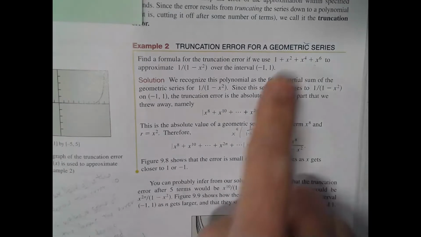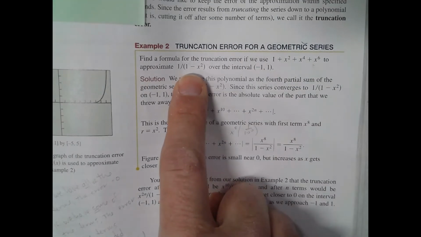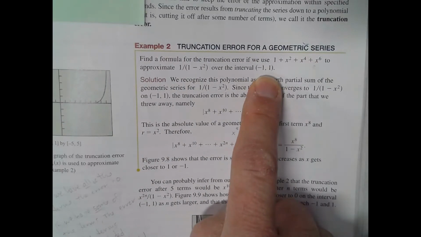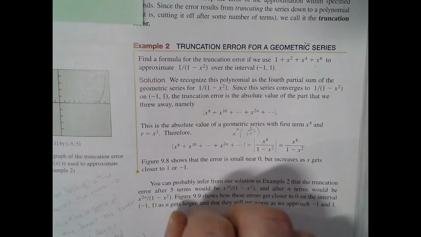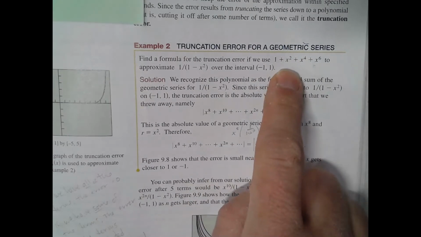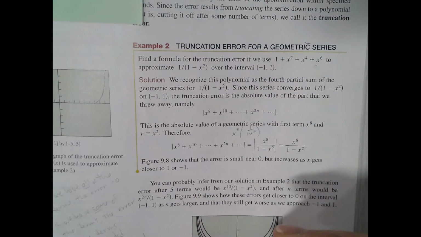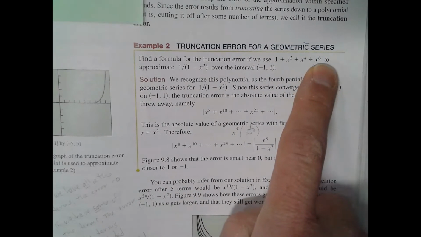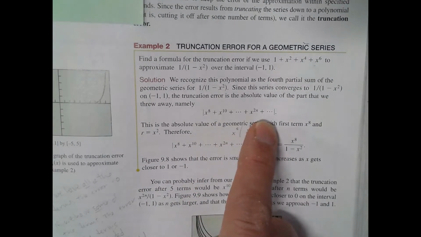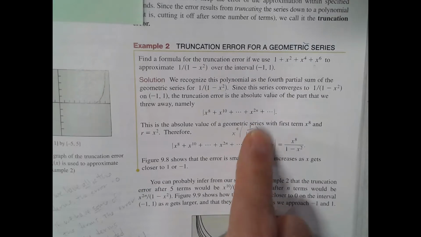The general formula, with the initial term 1, is 1 over 1 minus x squared. So that's the formula, and the interval is -1 to 1. That's given to us, but we could see, if we put x squared between -1 and 1, you square root it, you're still going to have -1 to 1. So the error would be everything afterwards, which would be x to the 8th plus x to the 10th, and so on. So if we wanted to say, what is the error, and can we write it in some sort of expression,